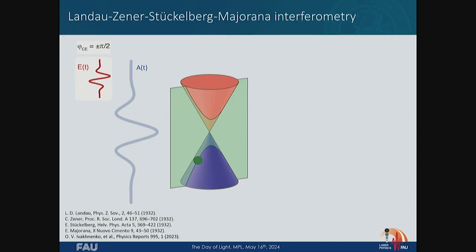Let's look at this once more. This is what can happen when you have a very short laser field. This is now the vector potential of such an E field. Boom, the electron can come back here, can undergo a Landau-Zener transition here. The laser field flips sign, boom, it can undergo another Landau-Zener transition here and moves away. So you see, if you have an oscillatory field, sorry, I should point at the field here, but this is then the vector potential of this field. You have two times where the electron can undergo a Landau-Zener transition up or a Landau-Zener transition down.